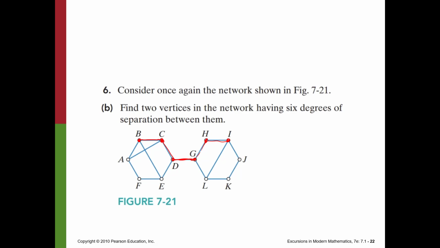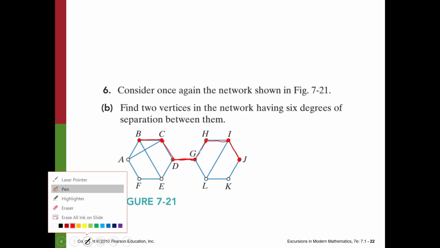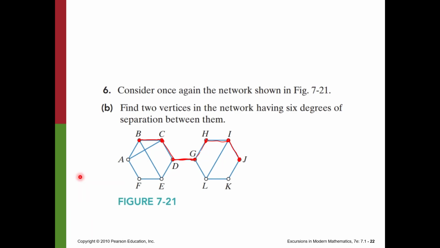So then, see, if we go here to J, then we'll have 1, 2. Let me get my laser pointer to help you see that. 1, 2, 3, 4, 5, 6. But what if we went the other way? 1, 2, 3, 4, 5, 6. Right? So either way, or we could have